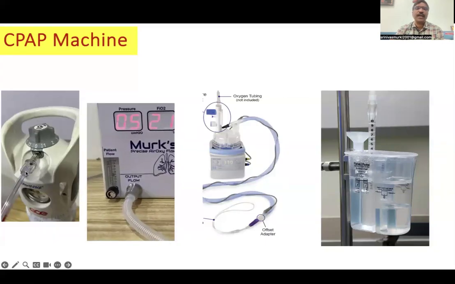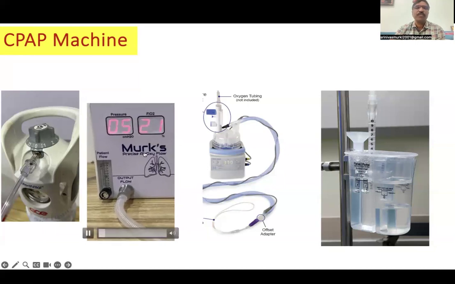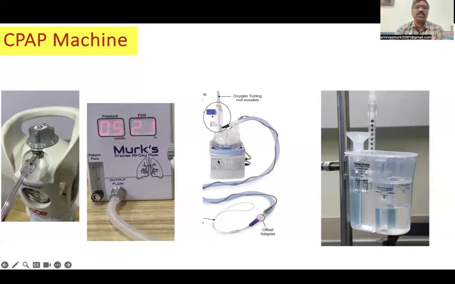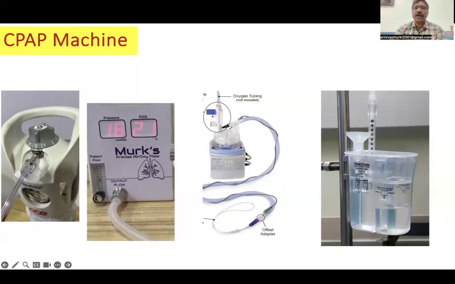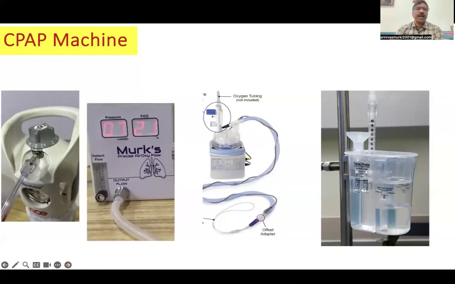You can titrate by changing the oxygen concentration, which is inputted to this device, Merck's Precise Air Oxy Flow. But if you want to convert this to CPAP, you again need a good humidifier and a bubble chamber. So in the absence of